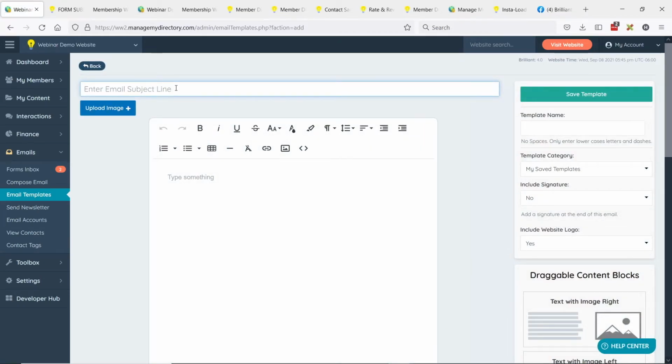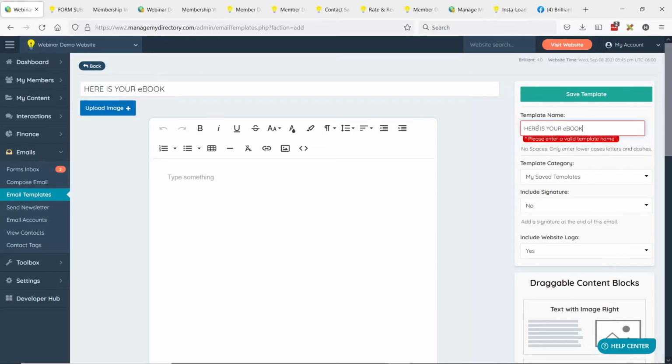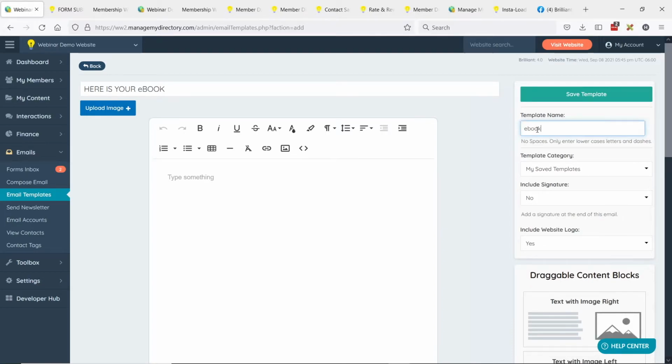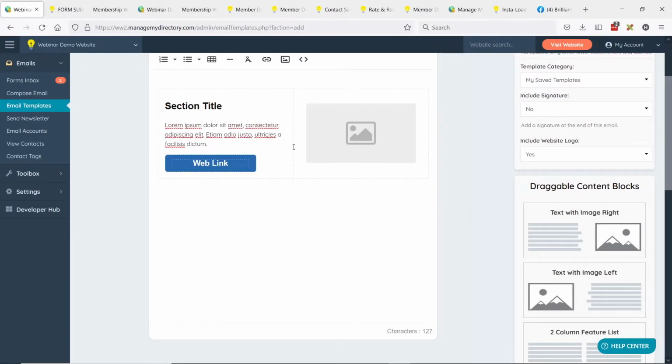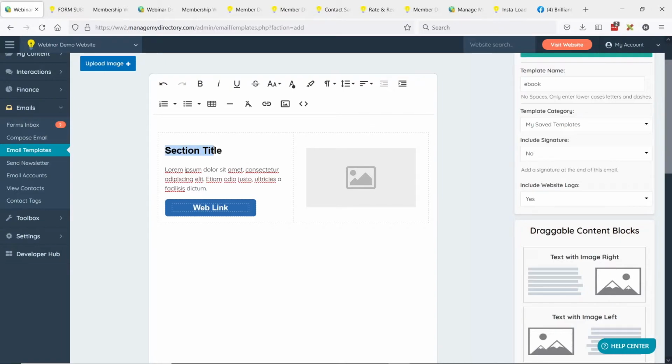And the subject line is, here is your ebook. And I'll use that as the template nickname as well. There can't be any spaces there, so I'll just put ebook, there we go. And what's really cool is you can probably just use the draggable blocks. Again, you can decorate these emails as much as you want,